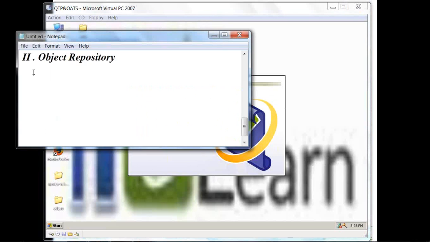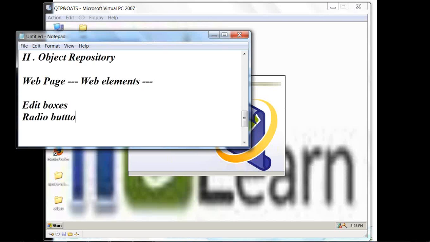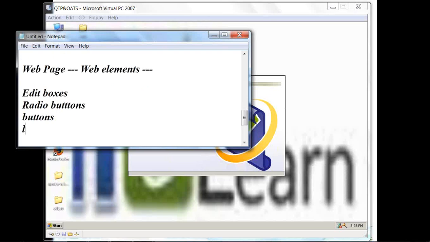So in a web page, there are hundreds of web elements. What are these web elements? There are edit boxes, radio buttons, simple buttons, and links. A link can be a text link, a hyperlink, or a video link.